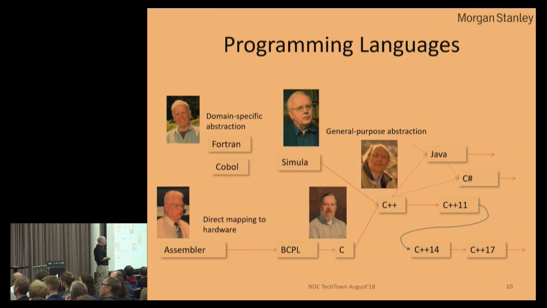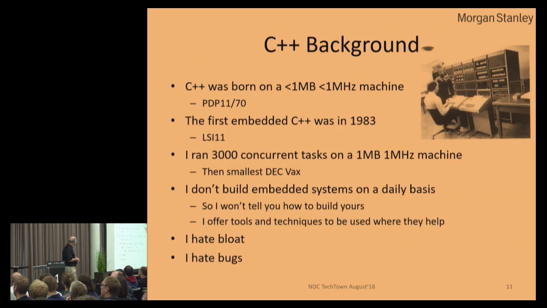I wanted to build a distributed system, and I needed something to write the schedulers, process schedulers, memory managers, device drivers, network drivers, and such. So obviously I had to operate on the low level here. And I also needed to be able to talk about the system. There's this bit here that talks to that bit there, and they talk in this particular way through this communication infrastructure. I needed abstraction. So no language could do both, so I built C++ by taking basically ideas from Simula and putting it into C, and everything came from there later.